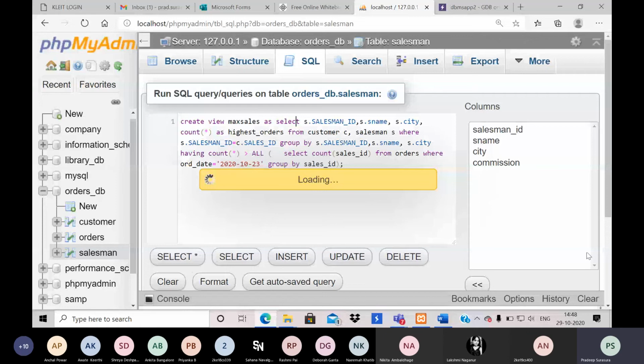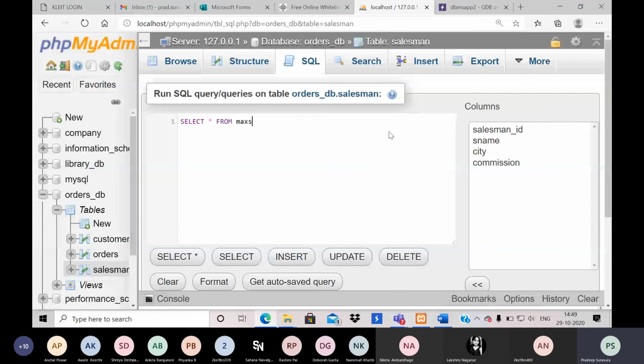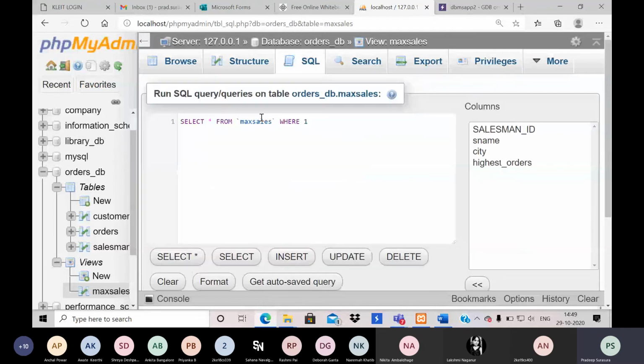Now what I will write is select star from max sales. That is the query, right? When I create a view, after getting the result of a query successfully, I push that to the view.